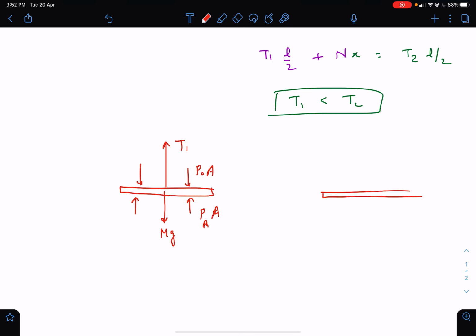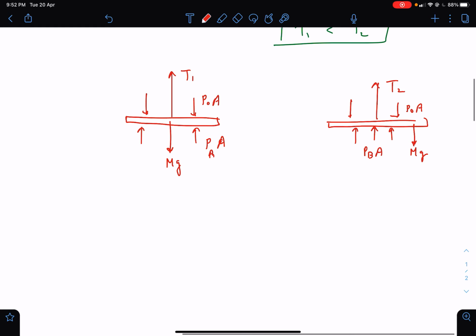What about the other piston which is to the right of it? The right piston is getting a tension force T2, and it has the same area because both the pistons are identical, and the same P0 A. Now the pressure at the top of tank B, which is to the right, let's say is pressure at B into area, and because the pistons are identical, the same weight force. Now initially both the pistons are in equilibrium. So if you do the force balance on the left one, you will get T1 plus PA into A is equal to mg plus P0 A, where A is the area of cross section.